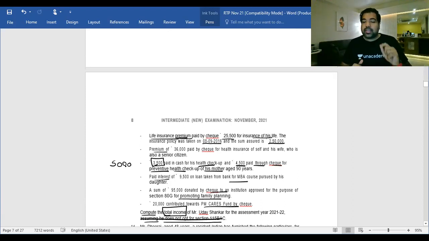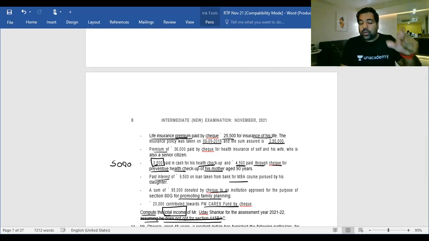Within the overall limit, there's a limit. Guys, if you want to understand this, let me give you an example. Let's say you get pocket money of 2,000 rupees from your parents, and they say within those 2,000, you can go for a movie. So if you spend the entire 2,000 on food, can you go for a movie? No. But if you don't spend the entire 2,000 on food, can you go for a movie? Yes. Does it have a separate limit? No. It is within the same limit. In the same way, the health checkup is also within the limit.